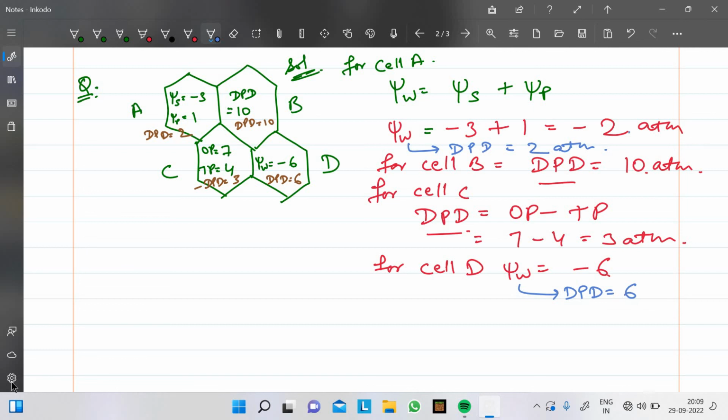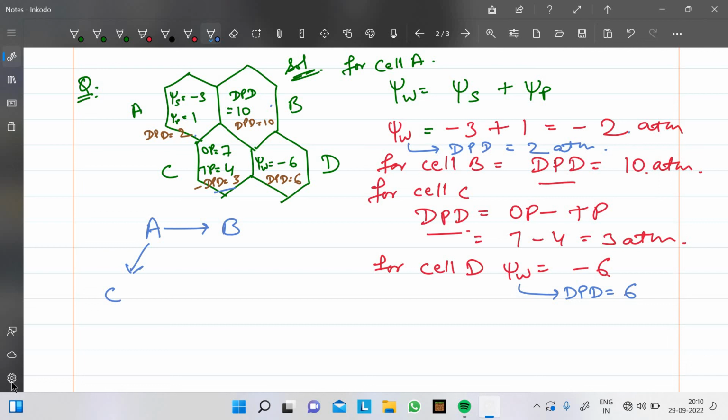The cell which has lower DPD, it has more water molecule. Higher the DPD, higher the concentration of the solute particles. So lower DPD किसका है, cell A का. From A, the water will move to C. DPD 3 है इसका, but it is also in contact with cell B, तो water यहाँ से B में भी जाएगा. Okay,